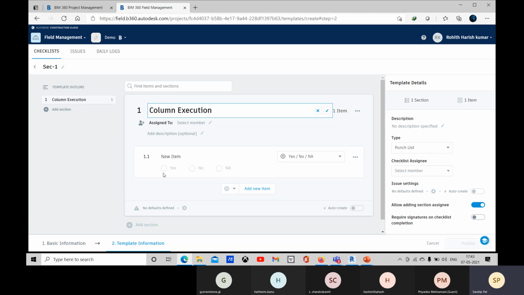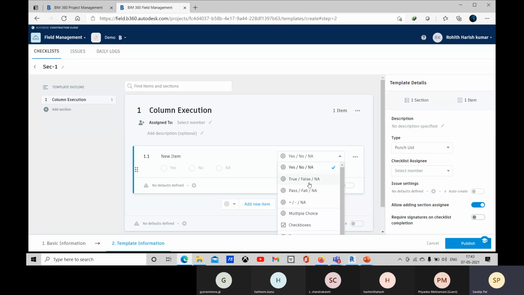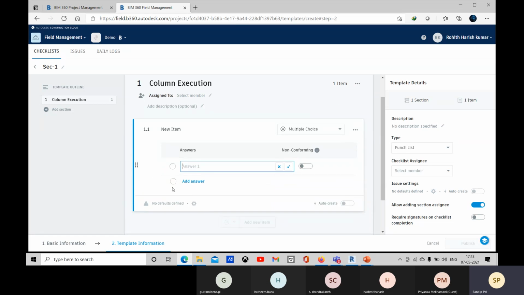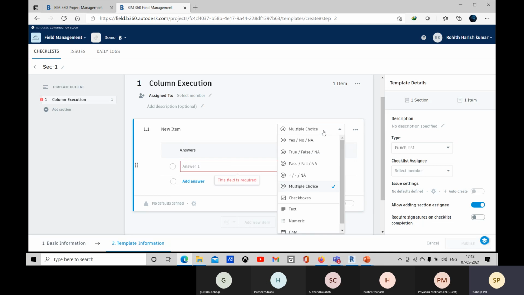And there you can provide what will be the type. Is it a yes or no question or true false question, pass fail question or multiple choice? So you can create some answer and that will be ticked and that will be provided. So like that, it's kind of like your Google form you are creating. So it's kind of same thing, and all this information will be provided.